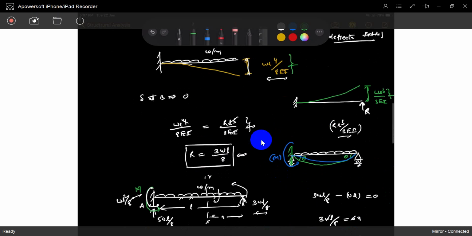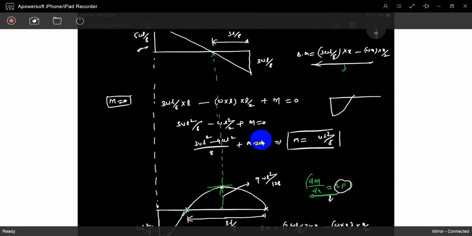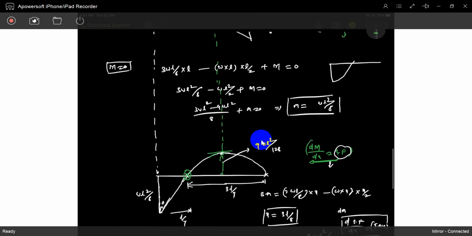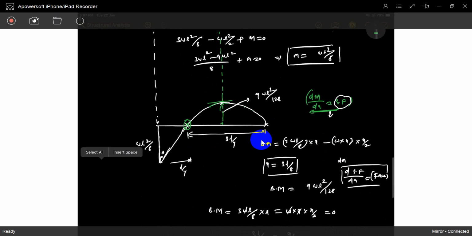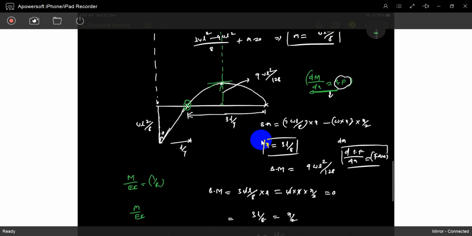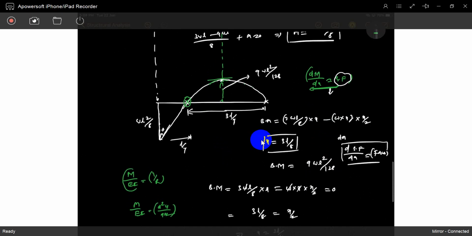And also I will explain what this point means. This point means the bending moment is zero. That means change of curvature. So you already know M/EI is 1/R, so now M/EI you write as d square y by dx square. It's a curvature, no? So if M is 0, moment is 0, that means the curvature is 0.